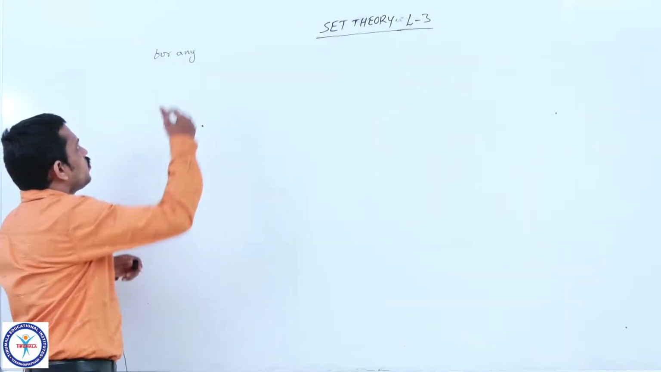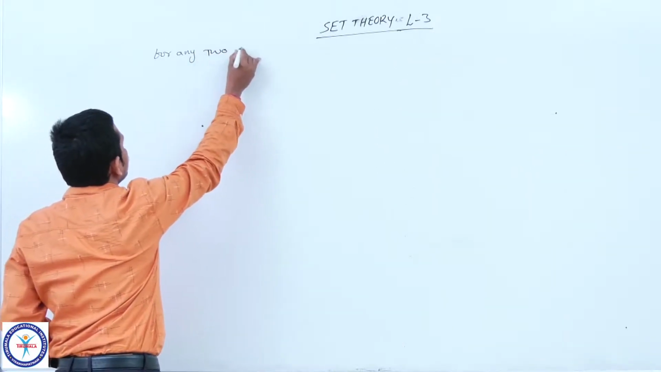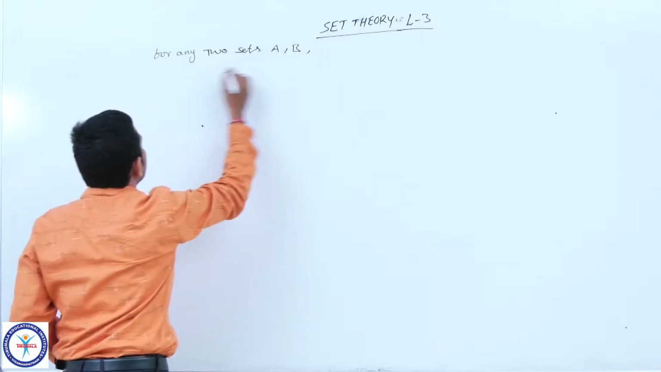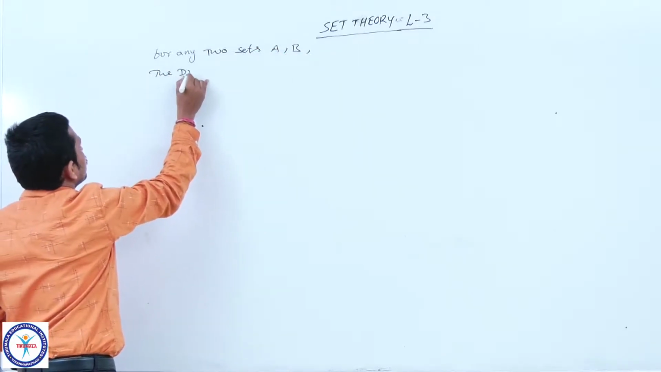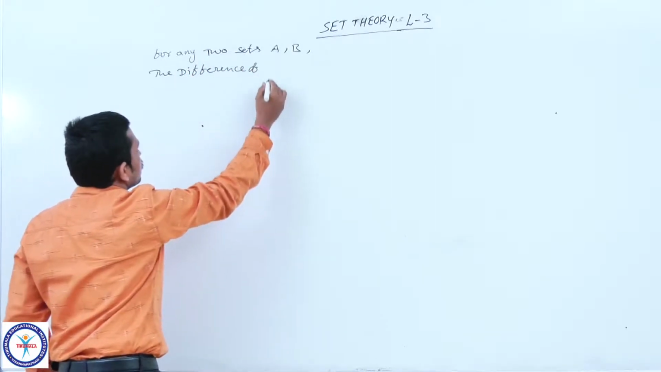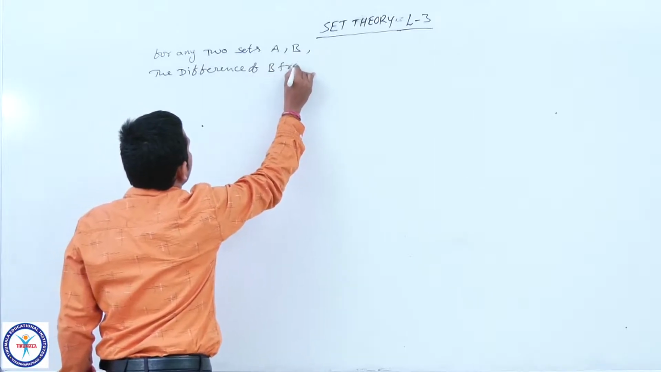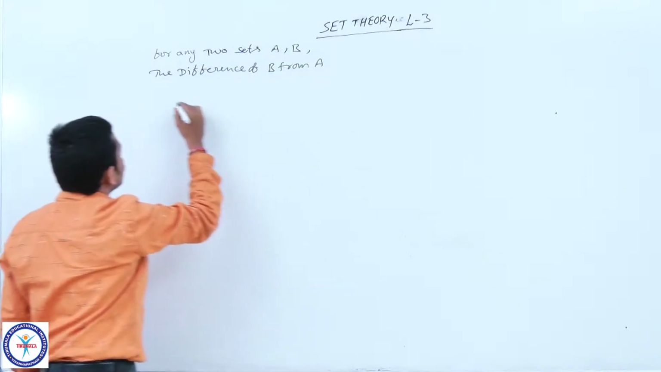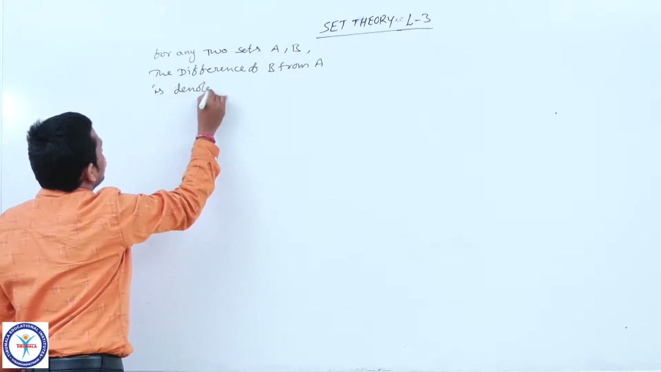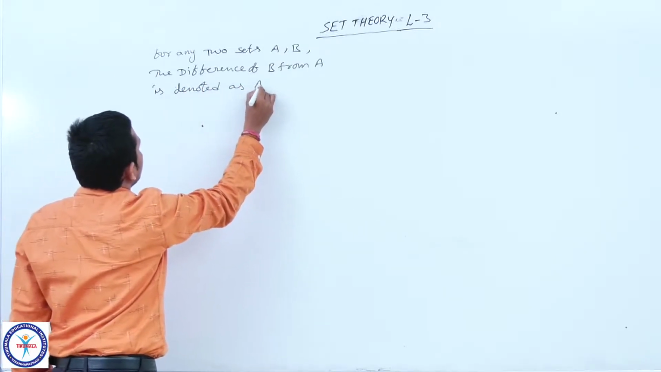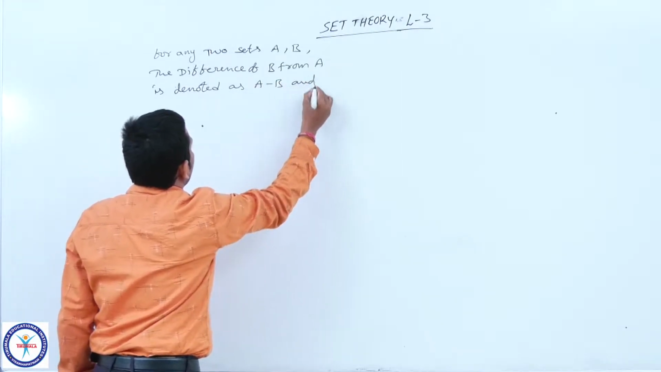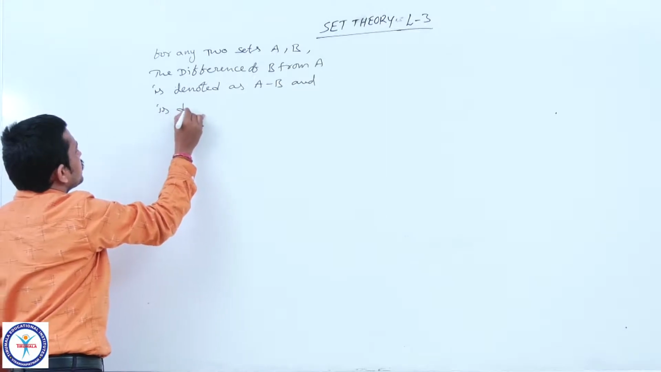So for any two sets A, B, the difference of B from A is denoted as A minus B and is defined as